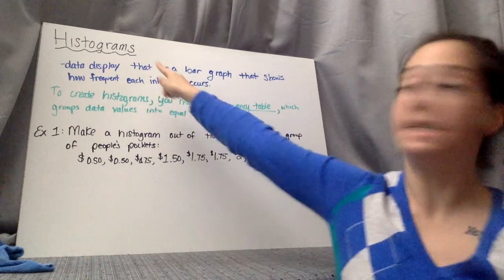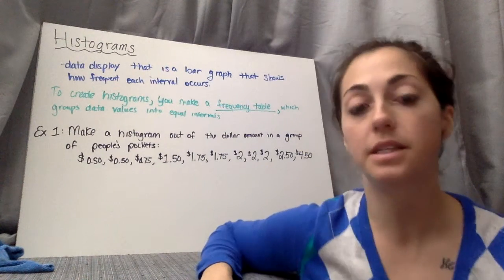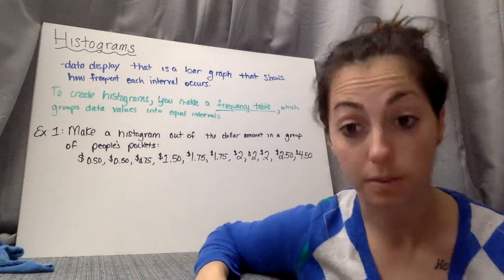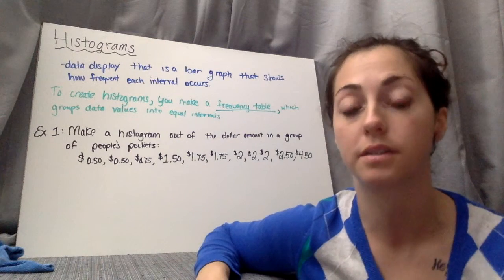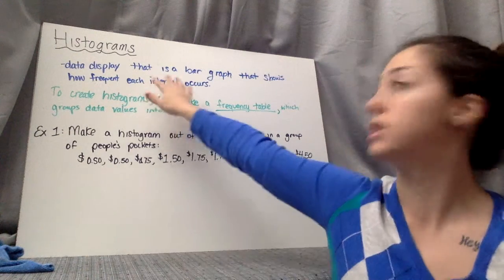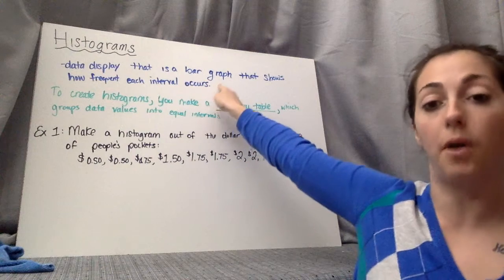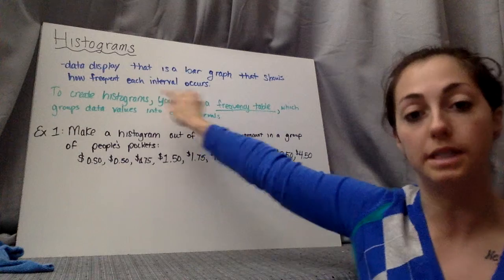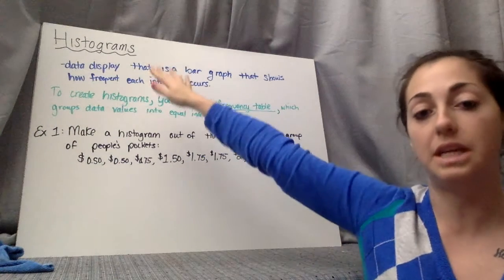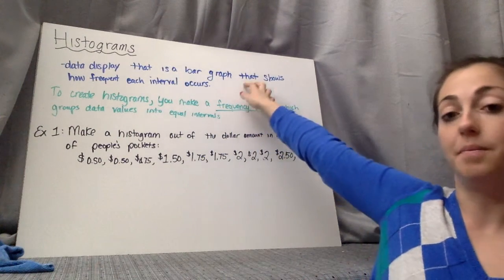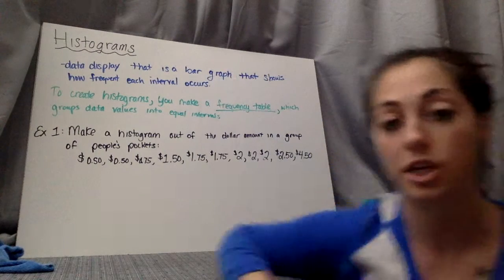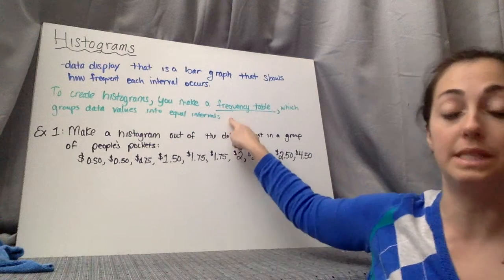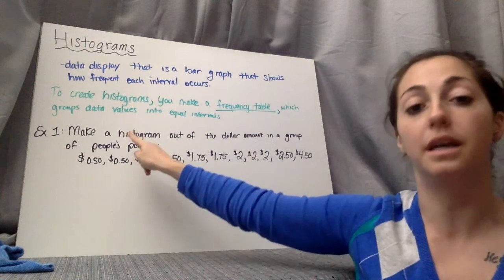Hello, we're going to talk about histograms. A histogram is a data display, just like a bar graph, a stem and leaf plot, a box and whisker plot, and all those other data displays that we know. It's another one, and it actually looks like a bar graph, but it's different because it shows how frequently each interval occurs. To create a histogram, you have to make a frequency table, which groups data